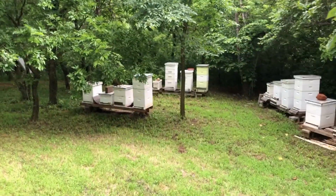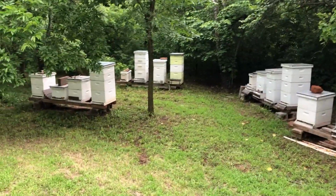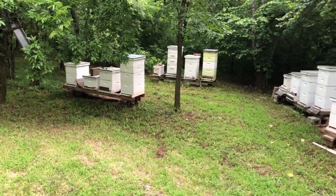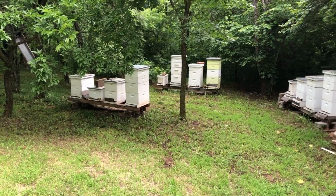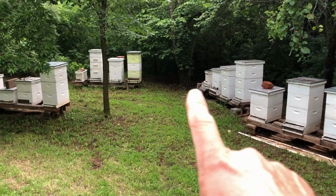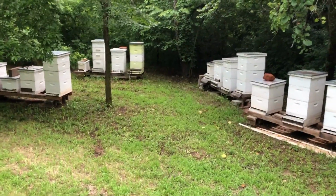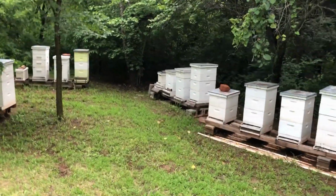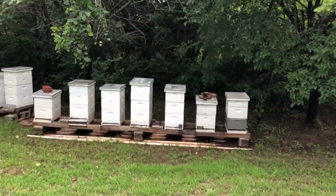This is the south side. Hives 1 through 19 over here. Hive number 1 right there was downsized, it's not doing real well. And hive number 5 right there is not doing real well. So that's the only 2 hives I have that seem to be older queens, and they just need to phase out and